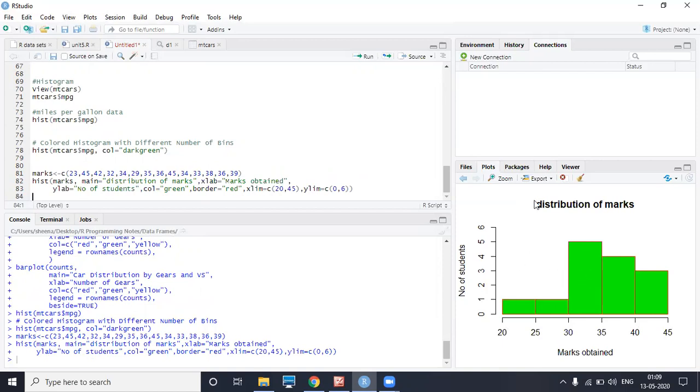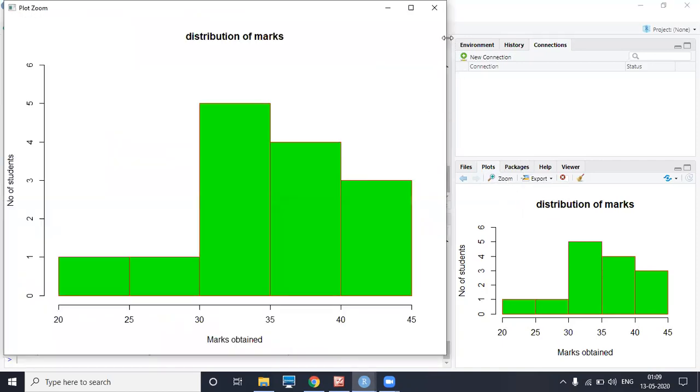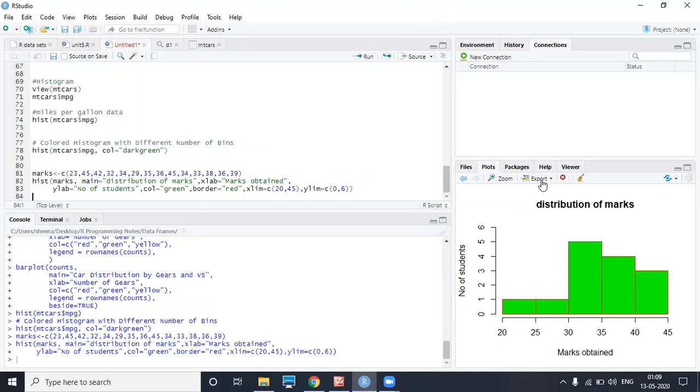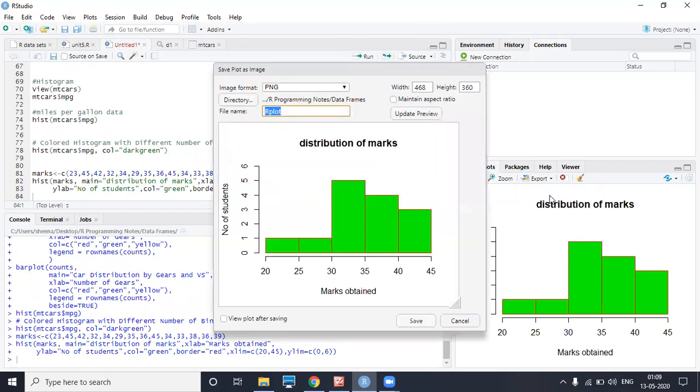If you want to zoom it, click on zoom and it will show you a zoom. If you want to export it, click on export, then save as image. Specify the directory where you want to save, give your file name, and it will save.